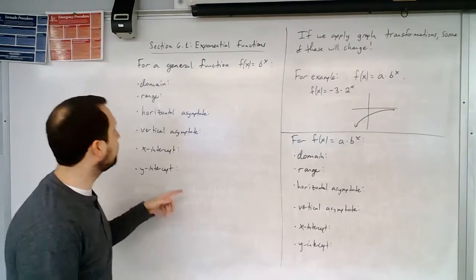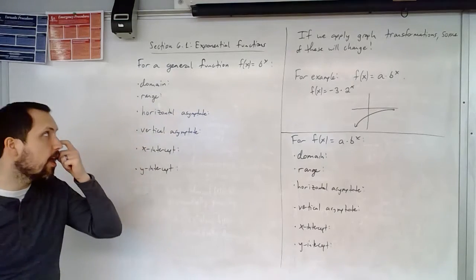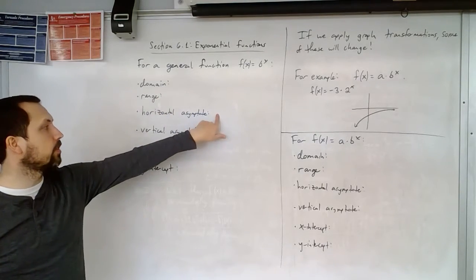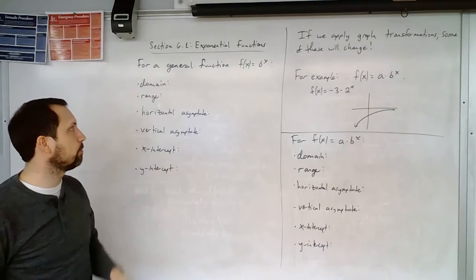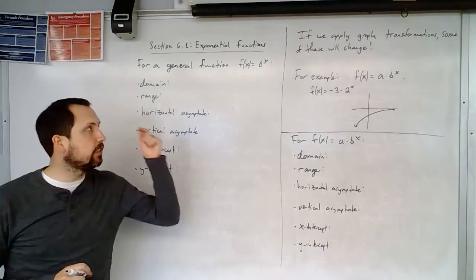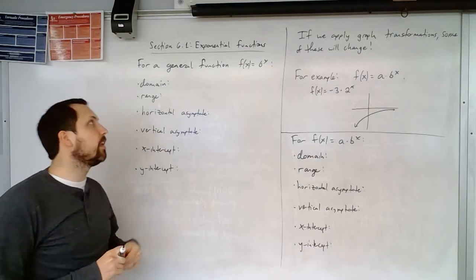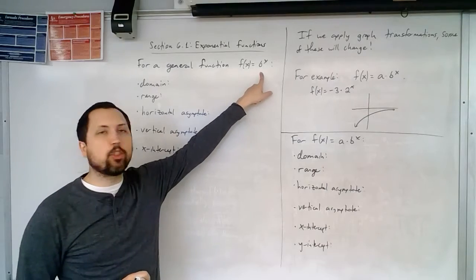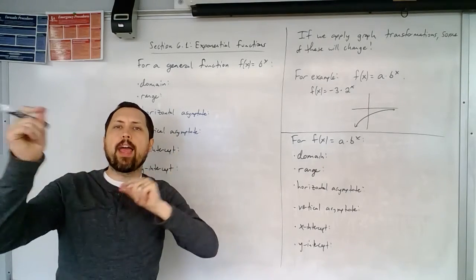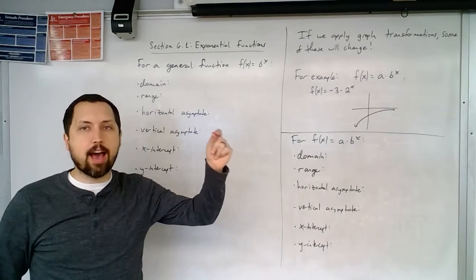So the major characteristics that we'd like to study with these exponential functions are going to be the domain, range, horizontal asymptote, vertical asymptote, x-intercept, and y-intercept. So if you look back at that previous video, you can see what all of these answers were for 2 to the x. Then, if we now try to think about it, what if it's just a general b to the x? So even if you compared and contrasted 2 to the x and 1/2 to the x, we saw